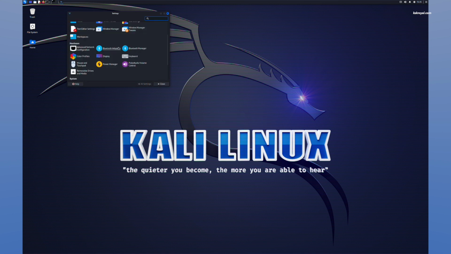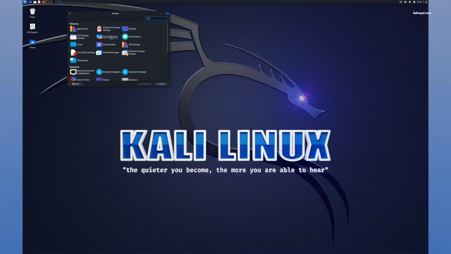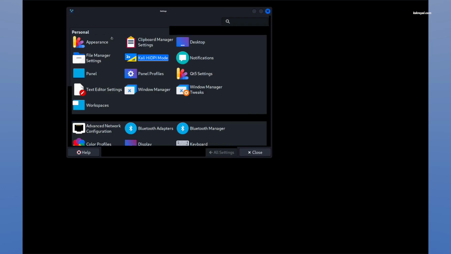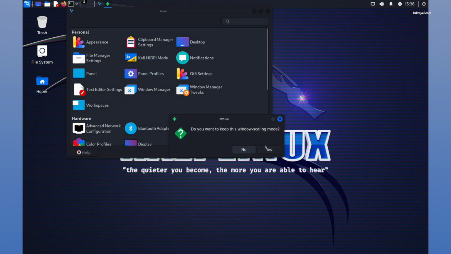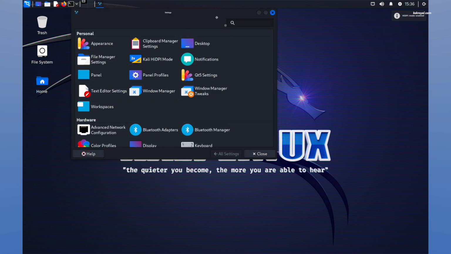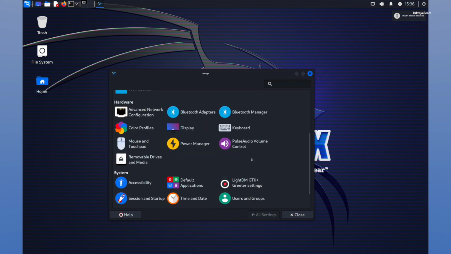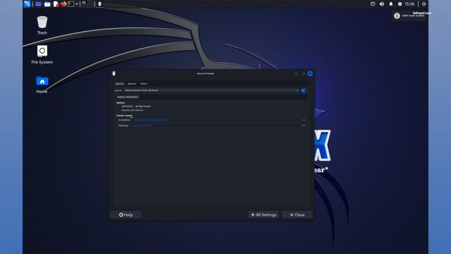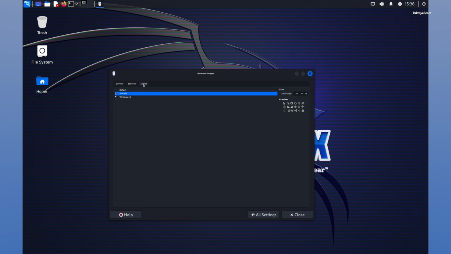Then go back to the main settings and enable the high DPI mode for the desktop. Now head over to mouse and trackpad settings, choose a theme and increase the size of the cursor by 60%.